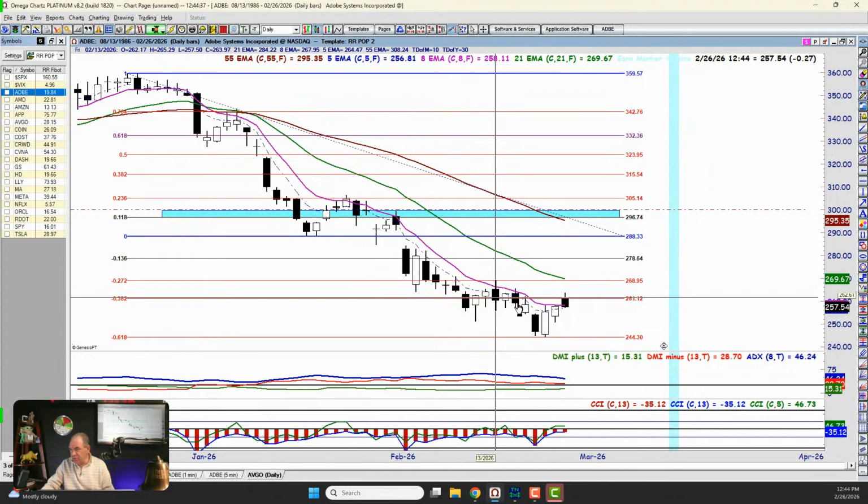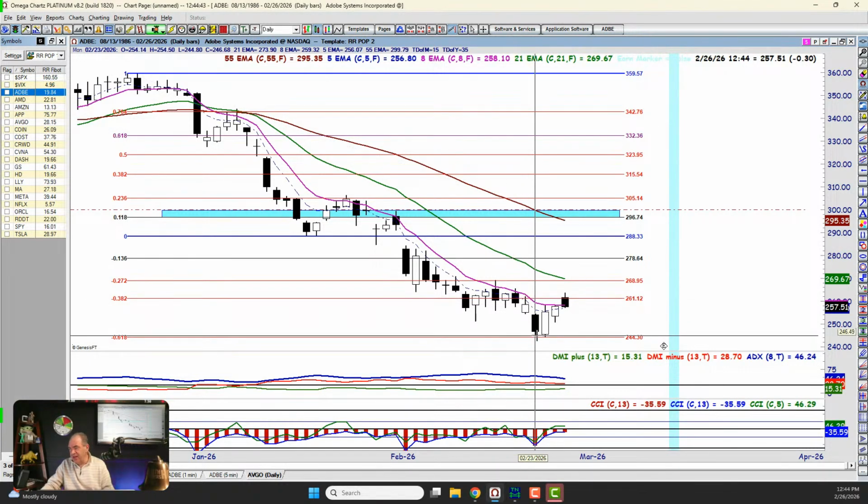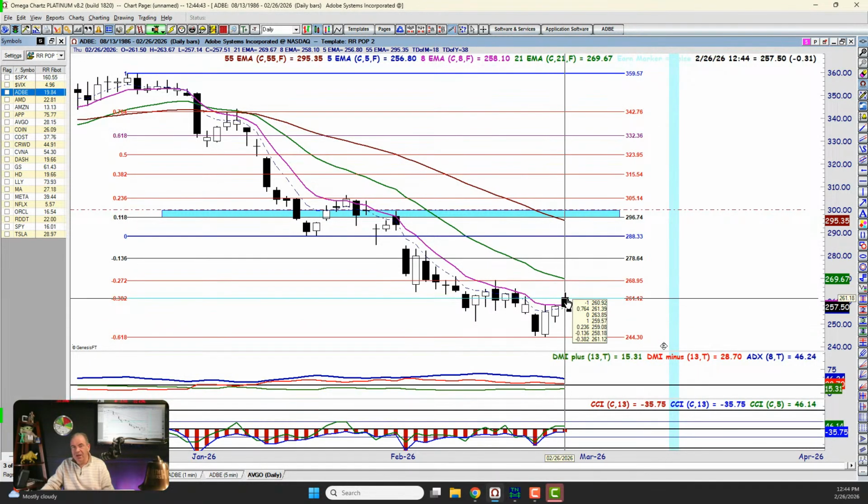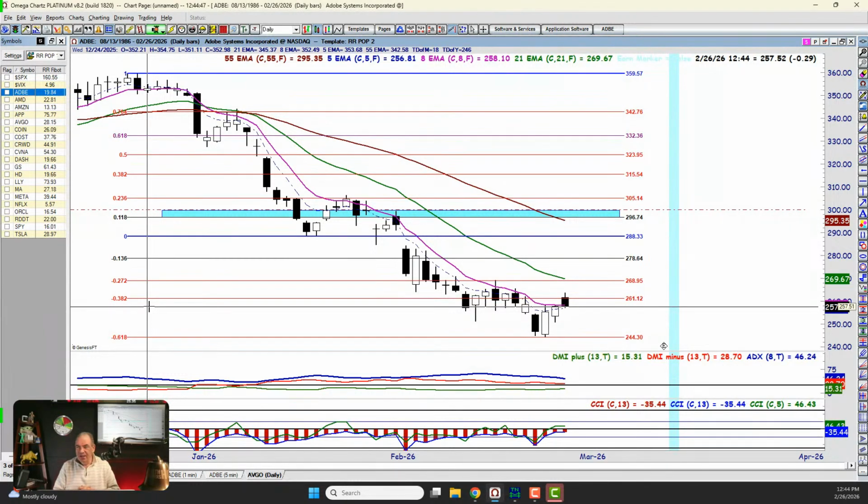And look how many days we played on that line. Used it as a resistance. We failed. Oh, we go right to the next one. 2 days in a row, then back up again. See how important those levels are? It's harmonic, folks. You know those levels exist without knowing they exist.